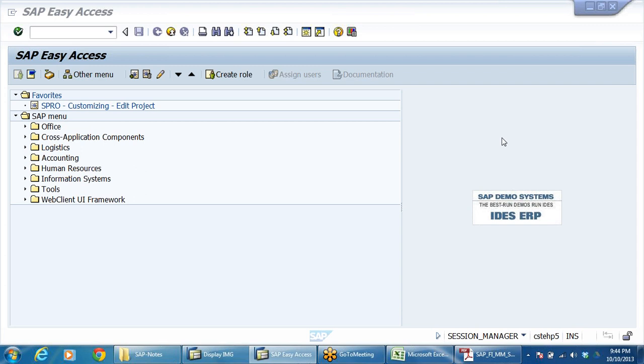FIMM integration is a bit typical and a bit difficult to understand. In spite of that, let us go through it, and I have forwarded the document. All of you, please go through the document, and we are looking at the integration that has already been done for a company called 1000, that is the 1000 company code,